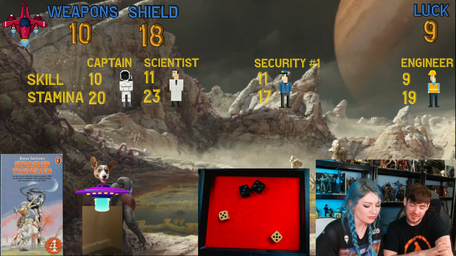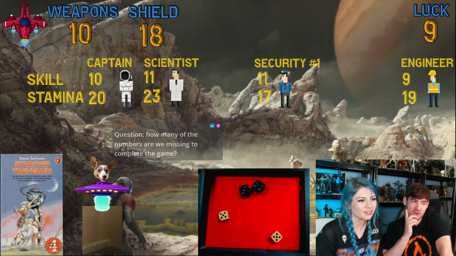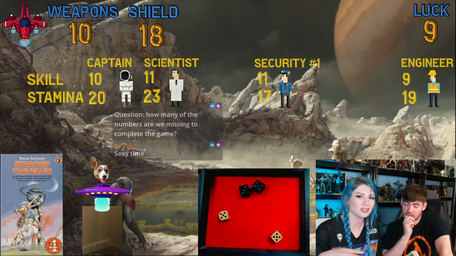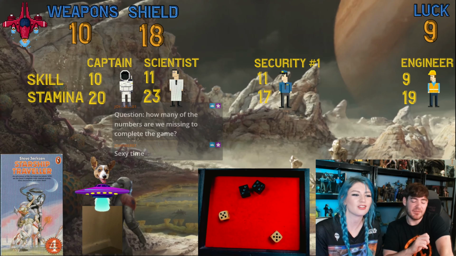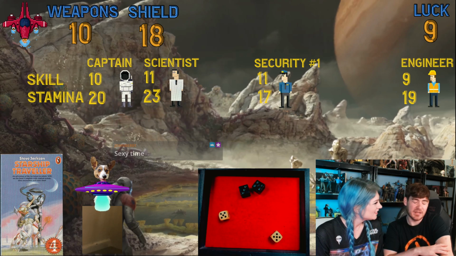For full rules of hand-to-hand... Right, so this is a hand-to-hand combat. It's going to take a long time. Question, how many of the numbers are we missing? Just 1, John. Well, we don't know. We've got 3 numbers, not yet in this playthrough, but we've found 3 numbers and we haven't managed to find a correct combination. I think it needs to be very specific, and when it says that we need... I think it's...